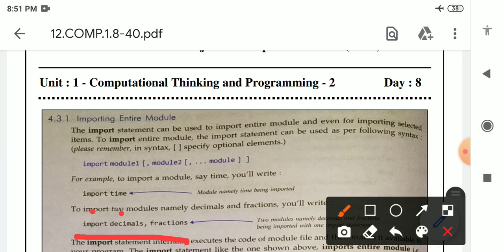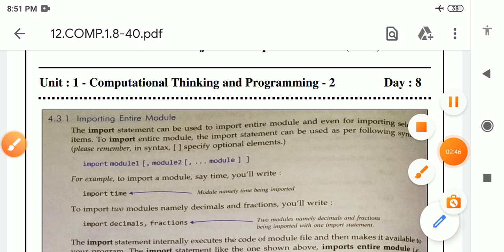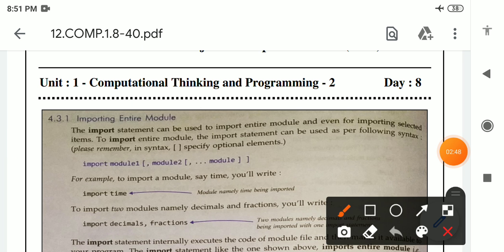After that, decimals and fractions are modules. Means in this program we are importing two modules by using a single import statement. So in this example we are importing two modules, namely decimals and fractions.